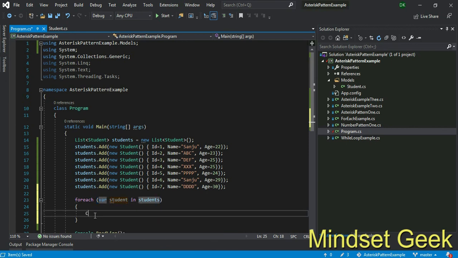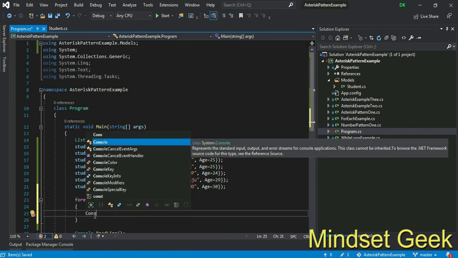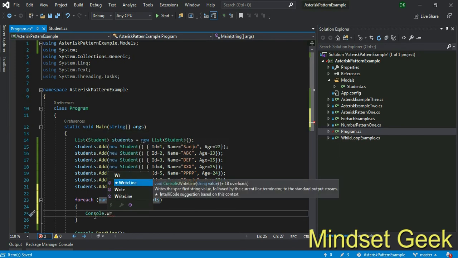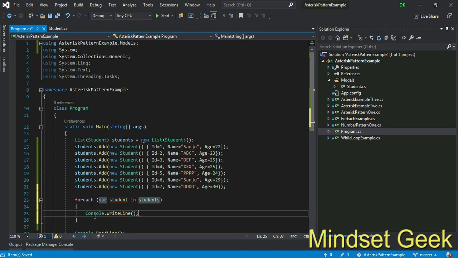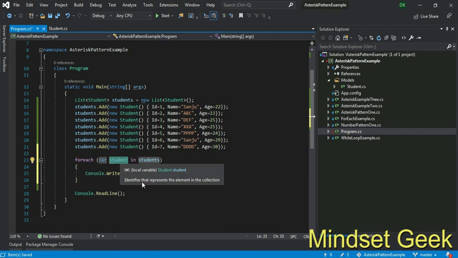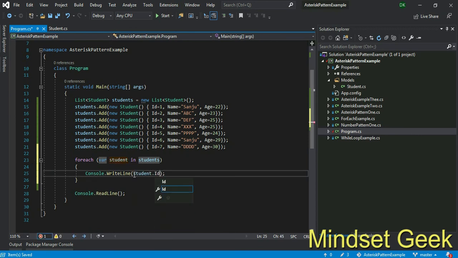Now I want to use Console.WriteLine. Then I want to print the data, right? You can just use student.id plus student.name plus student.age, right?